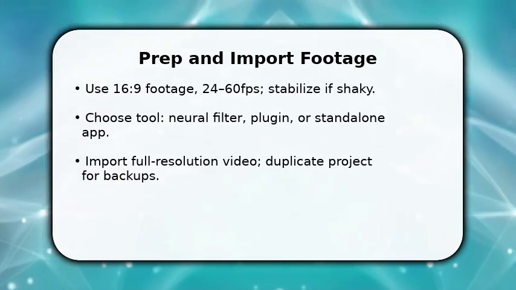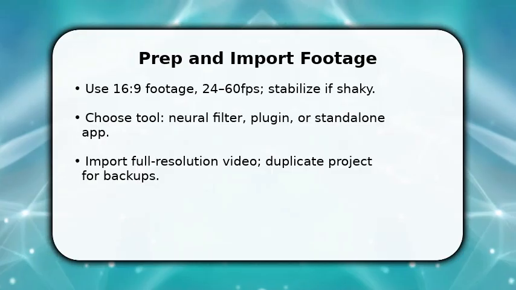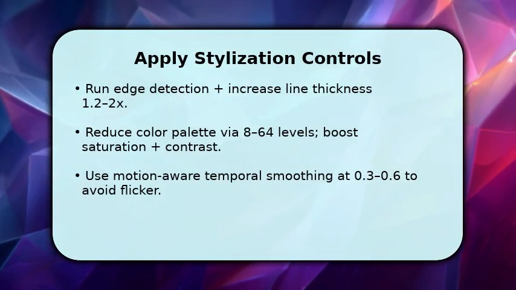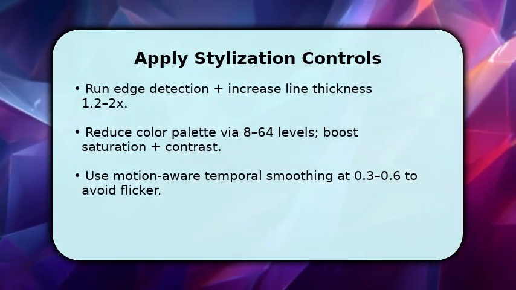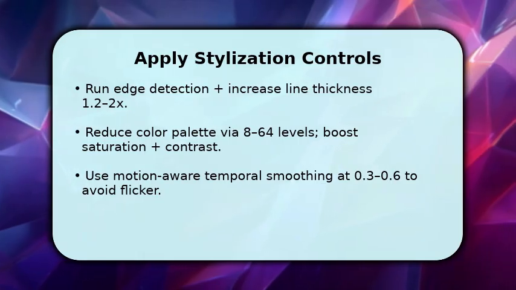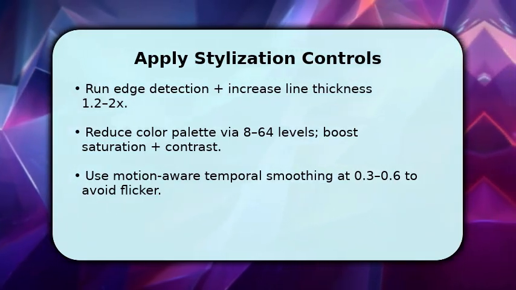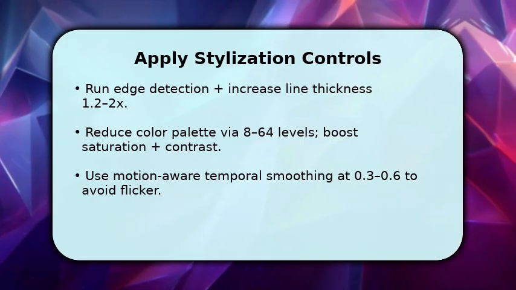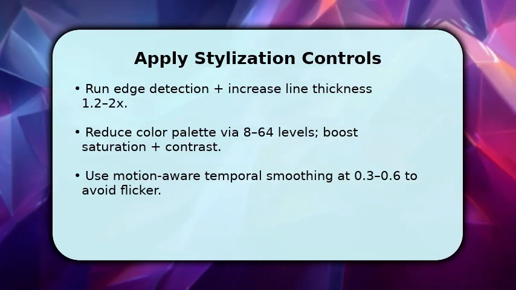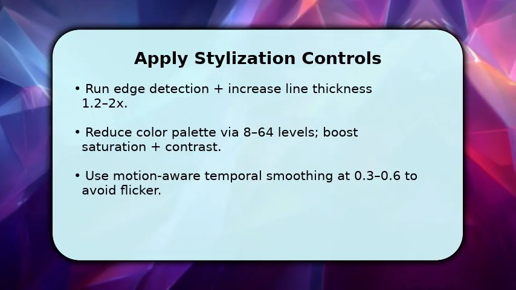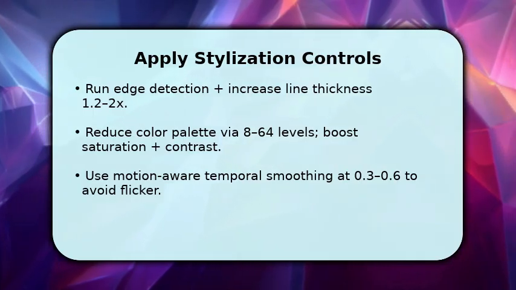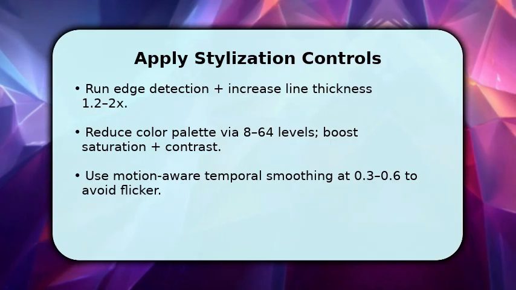You now apply the core cartoonization. Start with edge detection and adjust line thickness and opacity so outlines read at your target resolution. Then reduce the color palette, use 8 to 64 levels, and increase saturation and midtone contrast to get that graphic, cel-shaded look. Make sure to enable motion-aware temporal smoothing between 0.3 and 0.6 so frames stay coherent and